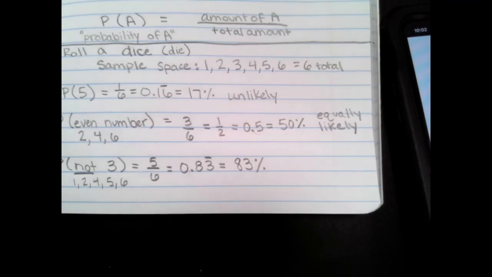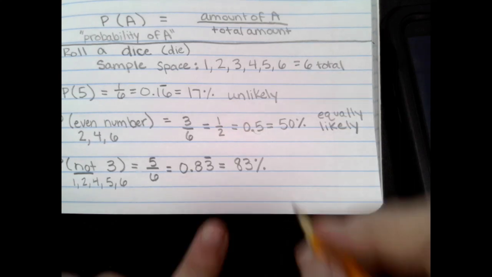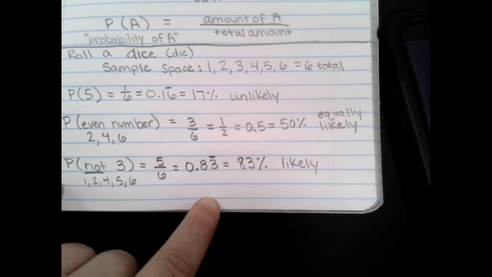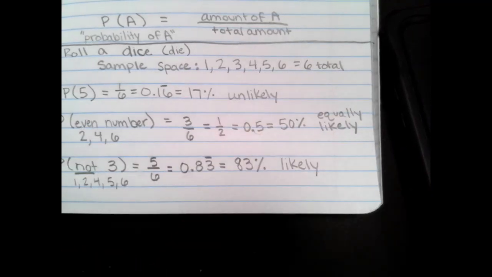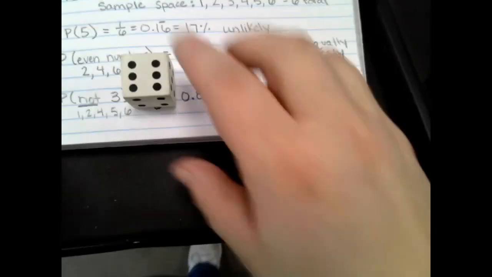All right, so likely, unlikely, impossible, even chance, or certain? Good, this one's likely. It will probably happen. So if I roll the dice right now, it's probably not a 3. Could it be a 3? Got a 1. Let's try it again. There you go, 6. So probably not a 3, but it could be a 3.